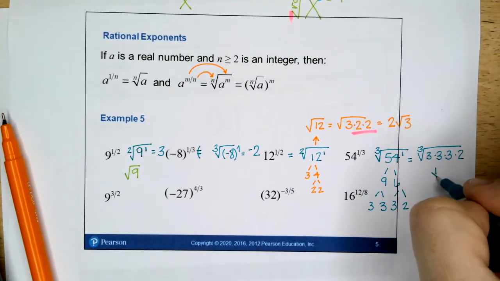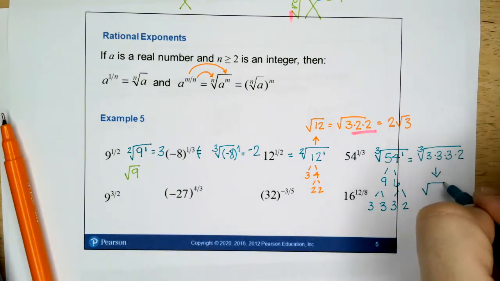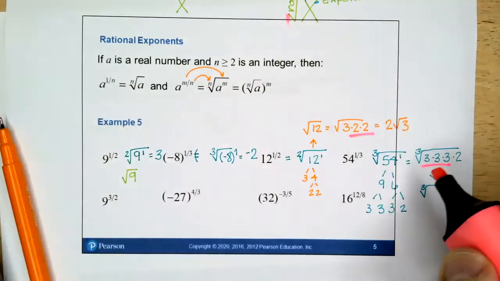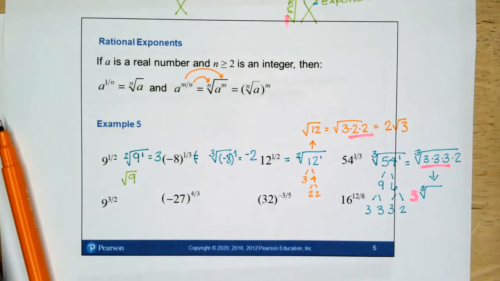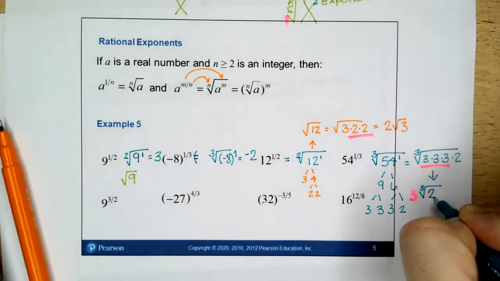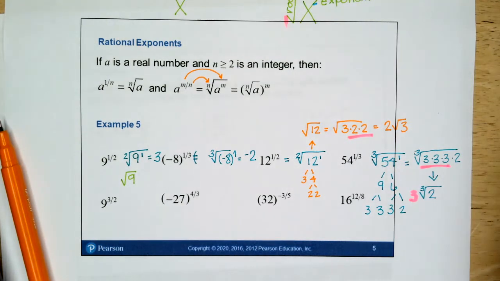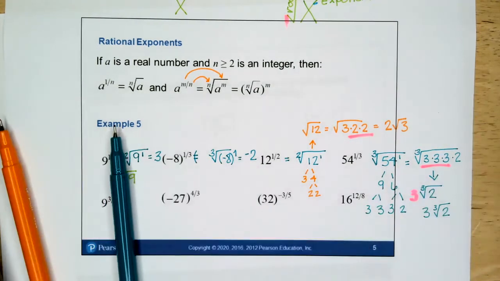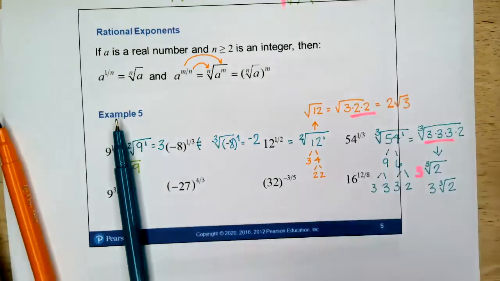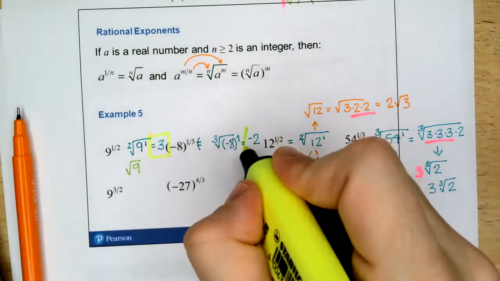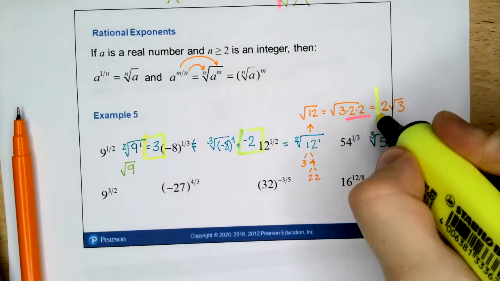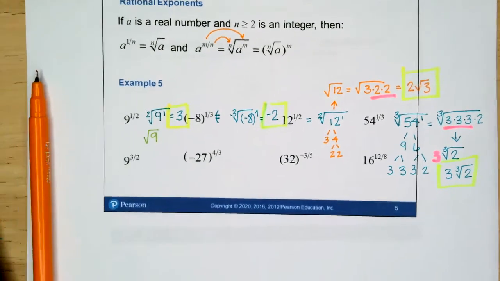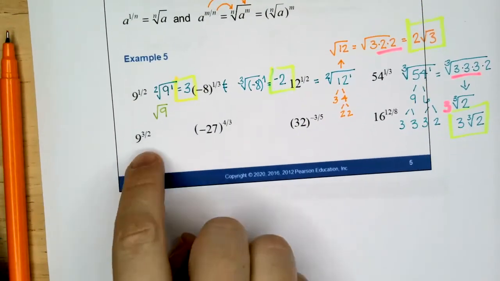I'm just going to go straight down, which becomes the third root of, the 3's get to come out in front. 3 times the third root of 2. So 54 becomes 3 third root of 2. Let me, so our first answer was 3, second answer was -2. This one is 2 square root 3, and now we have 3 cubed root of 2. Okay, let's keep going. 9